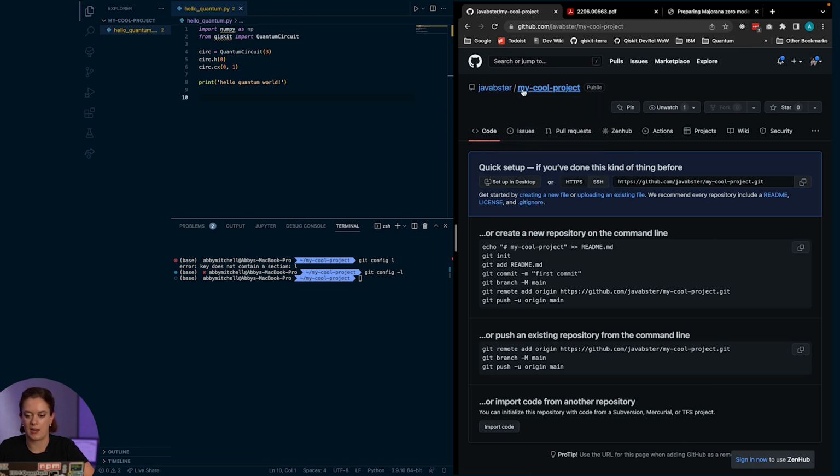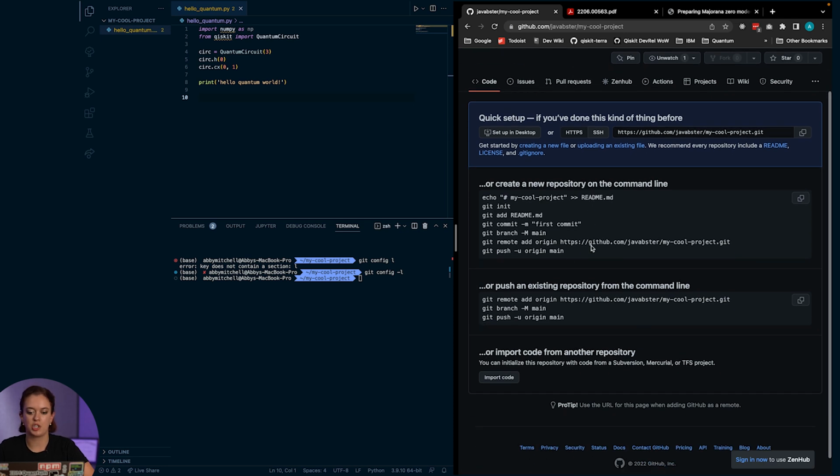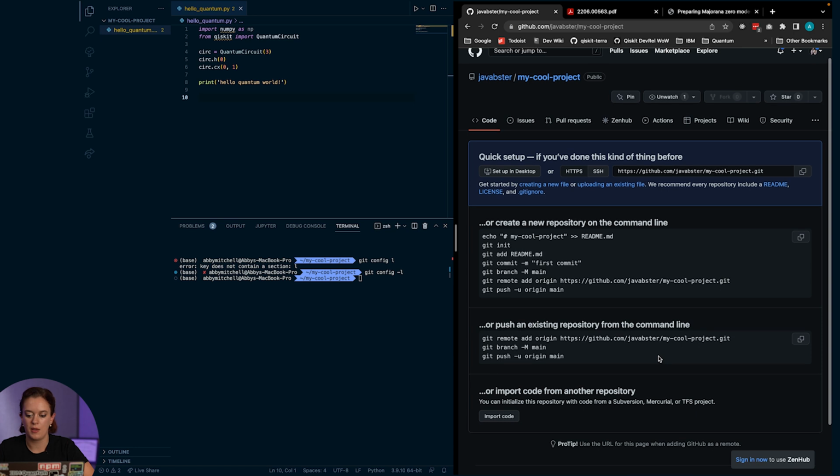Now you can see we have created this project under my GitHub account. We can now see I have My Cool Project. At the moment, this is just an empty shell here in GitHub. GitHub gives you a few different steps of instructions for how you can fill this project with your code. We're going to do our own method, but these are also really helpful depending on what level you're starting out with your project.